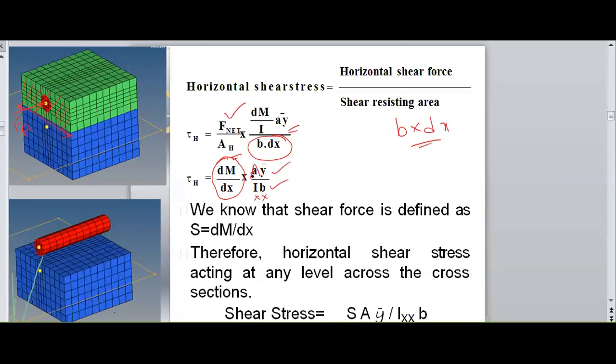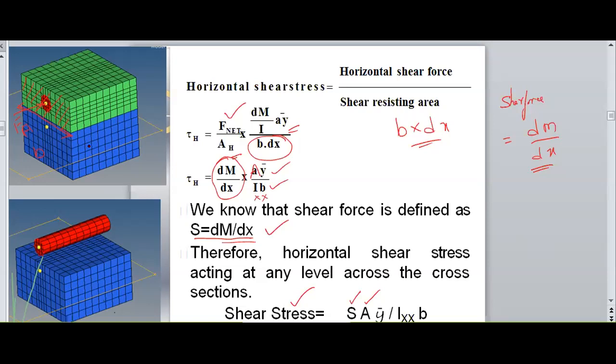Width of the cross section. Now, in the previous class, we have studied the relationship between the bending moment and the shear force. So we have derived that shear force is equal to dM by dx. Therefore, shear force S is equal to dM by dx. Therefore, substituting in my equation, shear stress is equal to